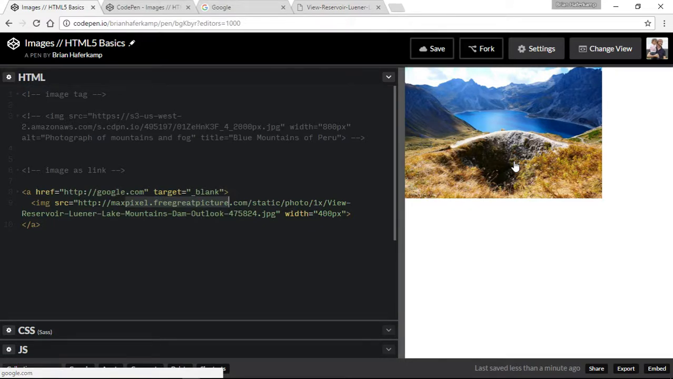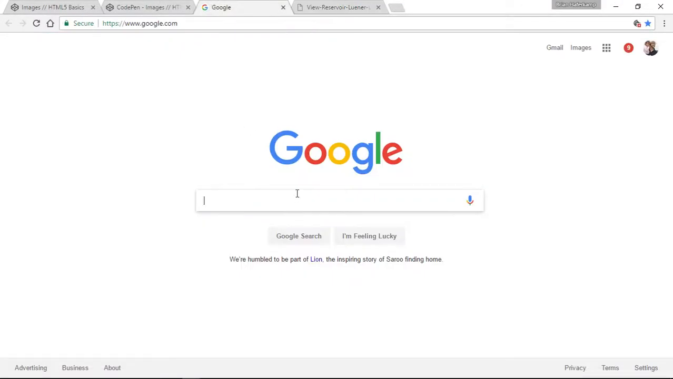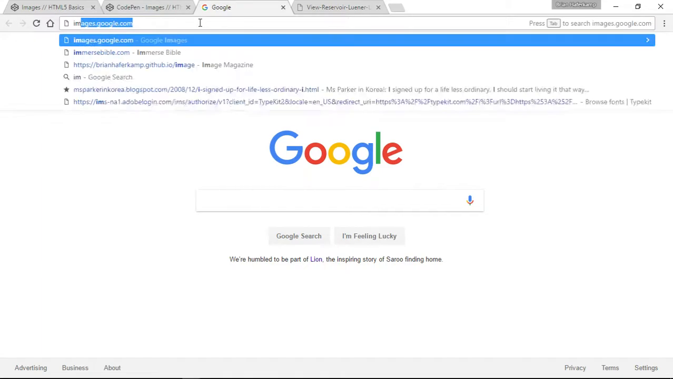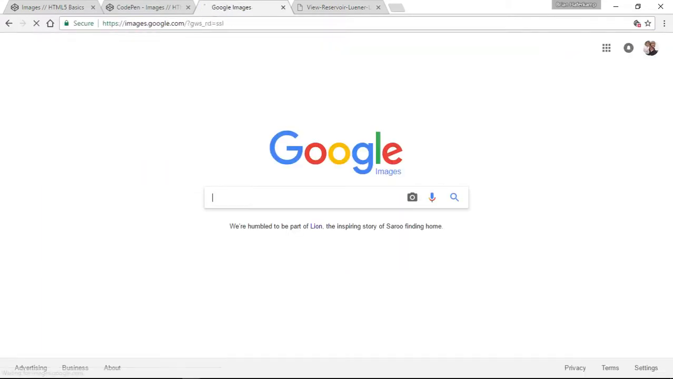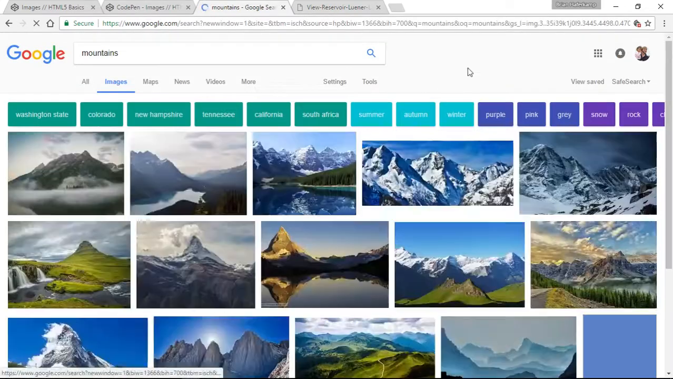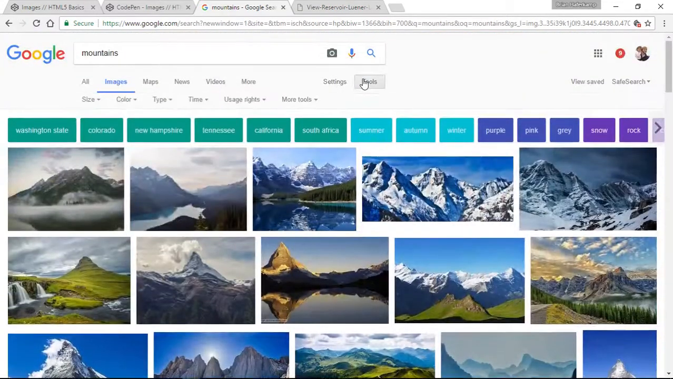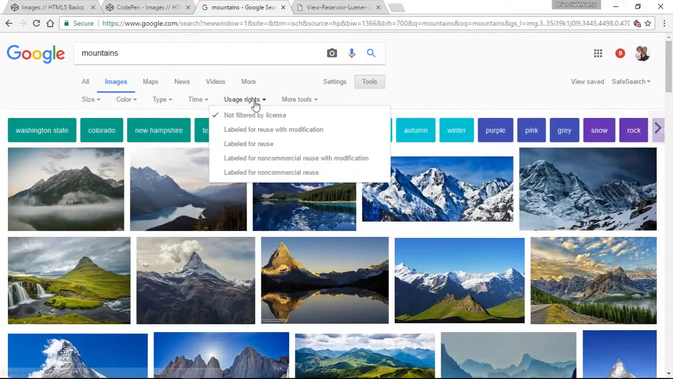So what you can do, where did I find this photo? I found this photo at Google Images, which is at images.google.com. And then let's just go to mountains. And there are lots of beautiful images here. If you go to Tools and you select Usage Rights, you can see here that this is not filtered by license. So this is all of the images that Google has cataloged that have to do with mountains, or they're